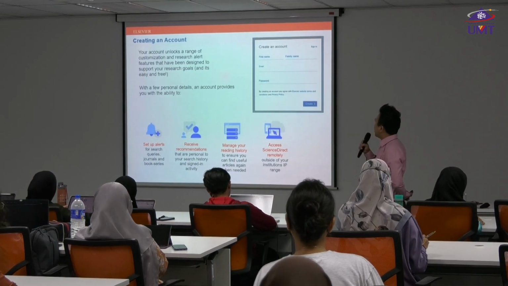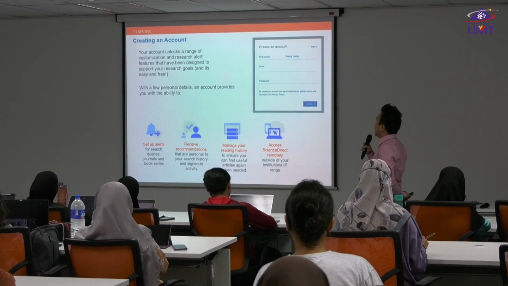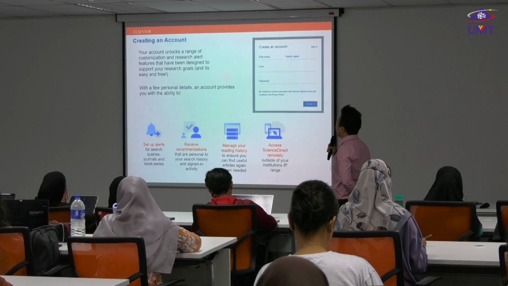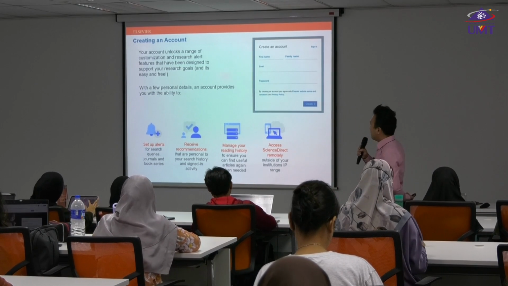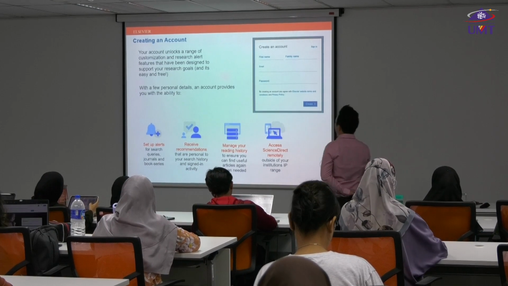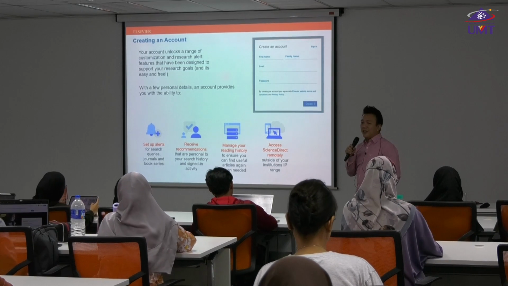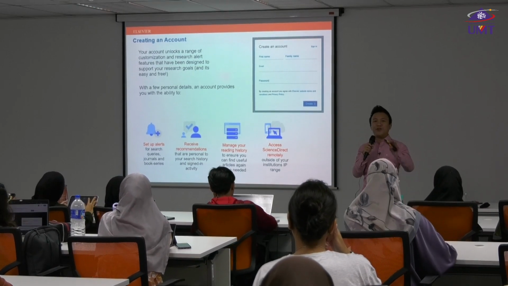So you can create an account as shown here, right? Your account unlocks a range of customization and research alerts, features that have been designed to support your research goals. By having an account, you can set up alerts for search queries, journals, and book series. You can receive recommendations. Meaning, sometimes when you search in a certain field, it will tend to capture your history.